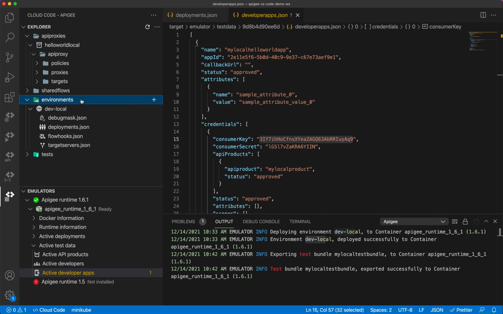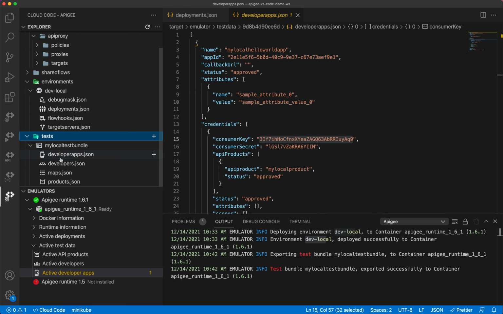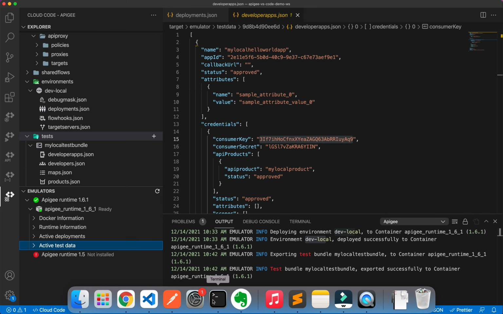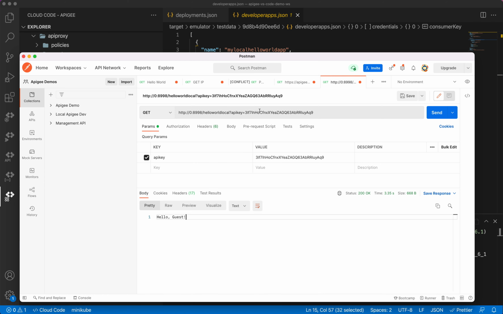Then we created a few test resources, developer apps, developers, and a product, and exported those test bundles to our runtime environment. We got some active developer apps and different information, and we were able to call it using that API key, and we got this response back.